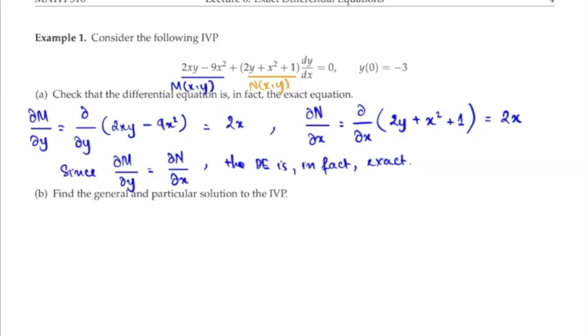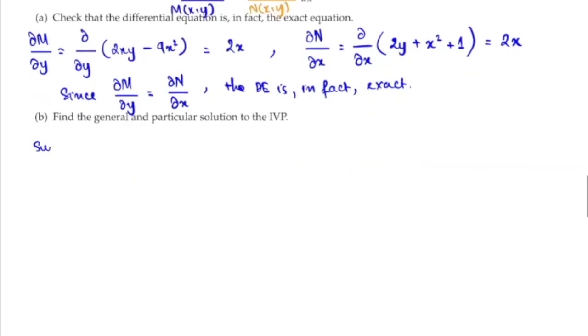Okay. Now we know that it is an exact equation, then we're going to follow the procedure that we saw earlier to find the general solution and eventually the particular solution of this initial value problem. The procedure is very repetitive, right? So if you follow this structure, you should be able to arrive at the answer. So suppose there exists a function, and I call this function phi of x comma y, such that